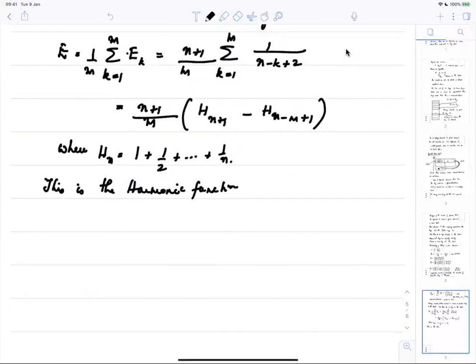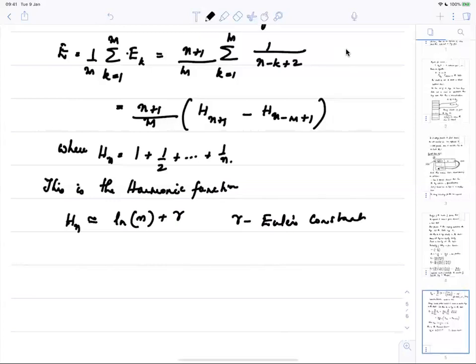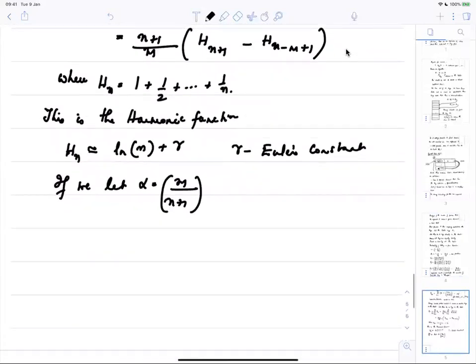And it can be approximated by ln of n plus gamma. Gamma is Euler's constant. And if we let alpha equal to n by n plus 1, which is the loading factor, because there are n keys and n locations,